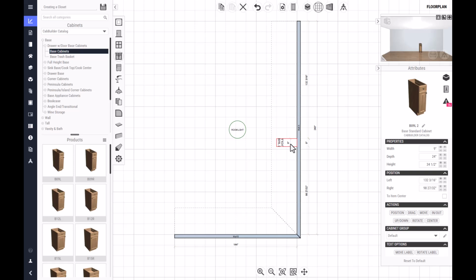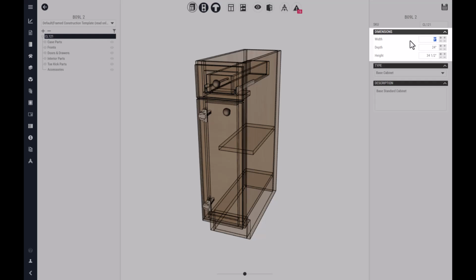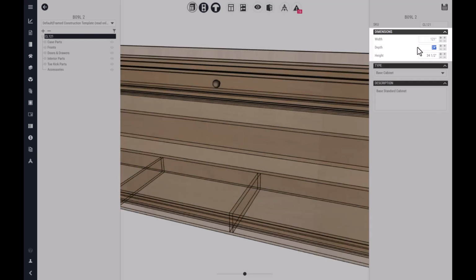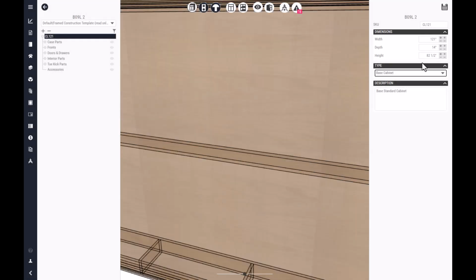Since this cabinet is still selected, we can navigate over to the right side under Attributes and click the small black box image to open the wireframe editor. First, let's change the SKU to CL121. Then we will resize this cabinet by changing the dimensions to 121 inches wide, 14 inches deep, and 82.5 inches high. Now it may be zoomed in too close, so to allow the entire cabinet to be seen, select